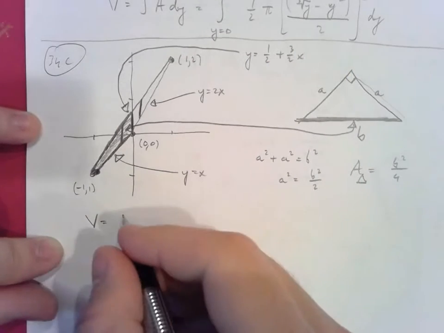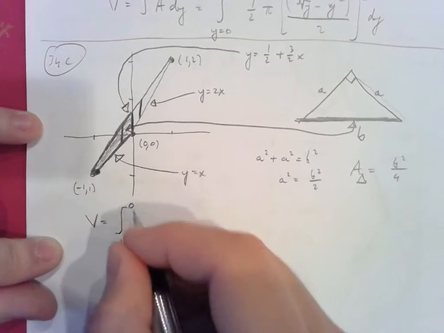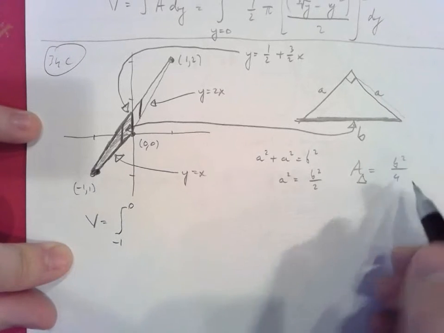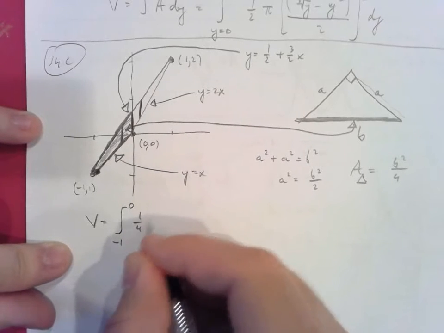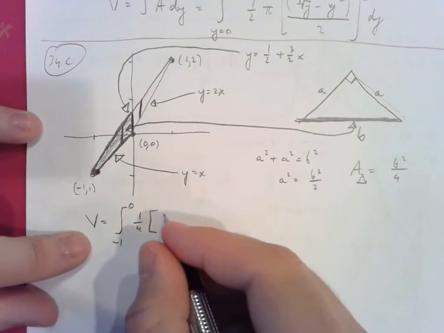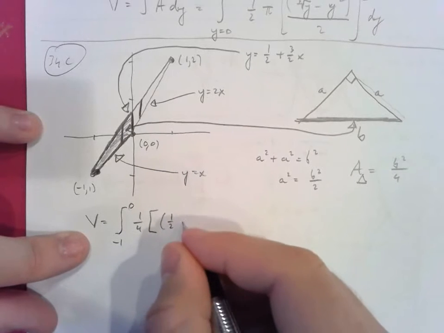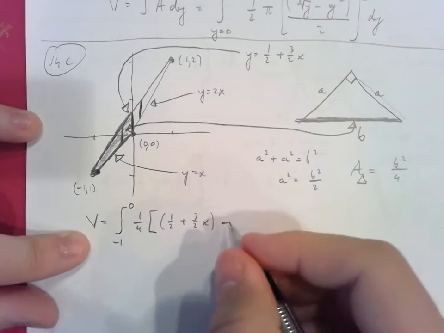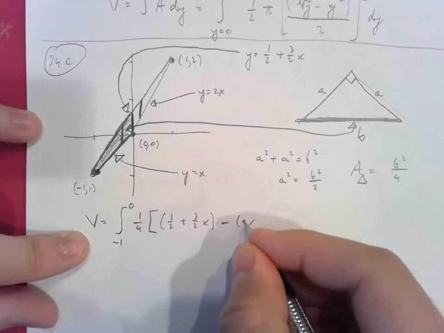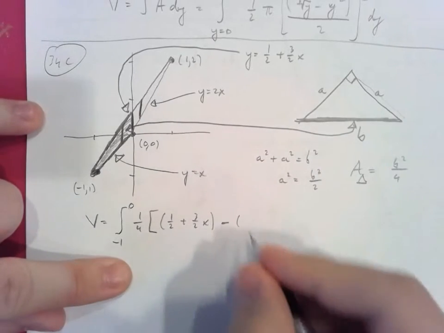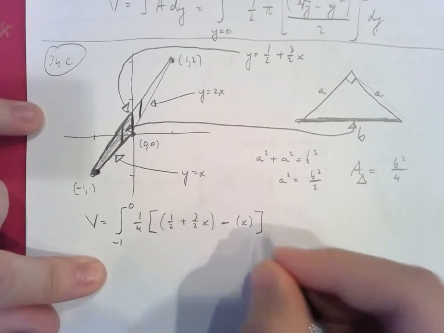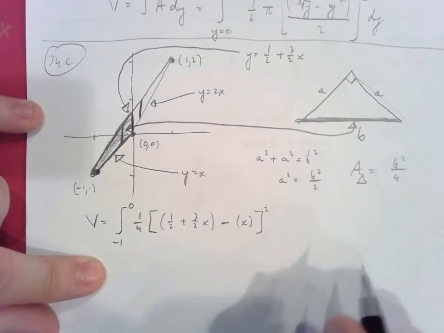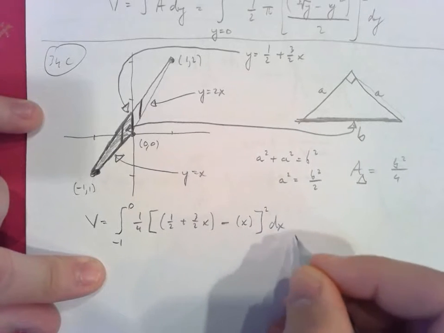First integral is going to go from -1 to 0, and what I'm integrating is 1/4 b squared, so 1/4 the area of the base is top curve, which is 1/2 plus 3/2 x, minus the bottom curve, so minus y equals x, and I'm squaring it. So that's the b squared part in this formula here, dx,